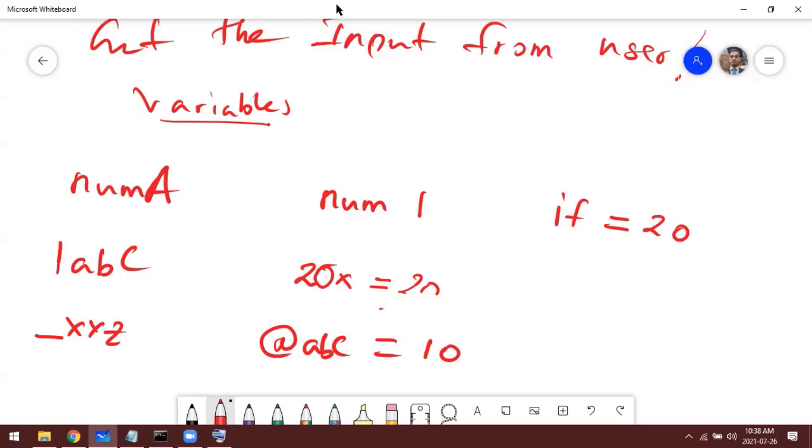Right, now let's see one by one whether these are valid variable names or not.